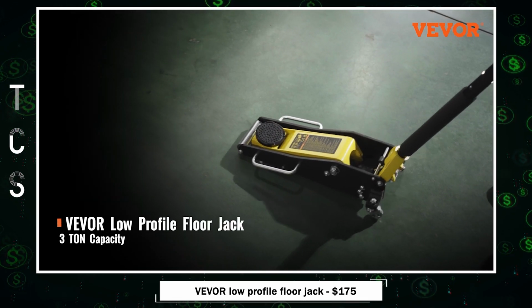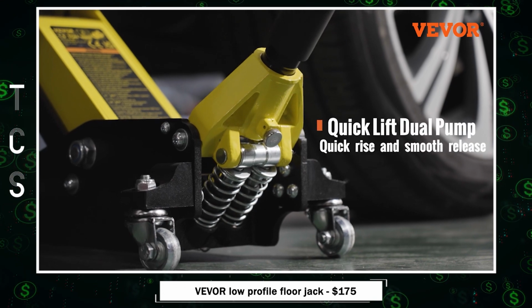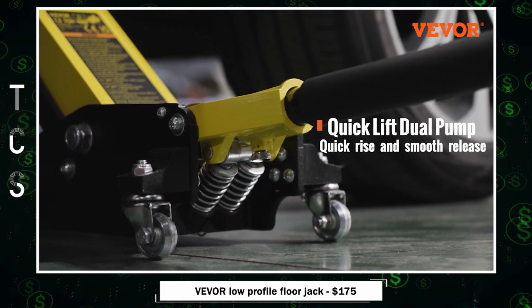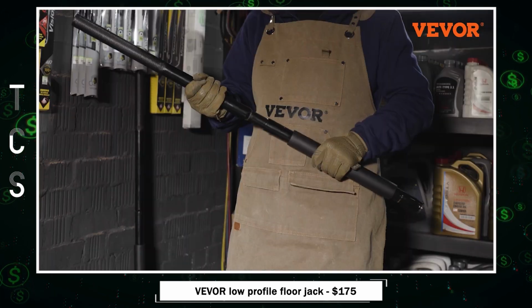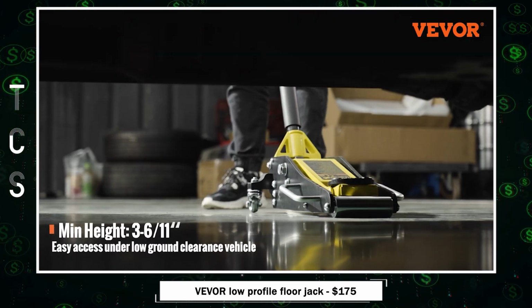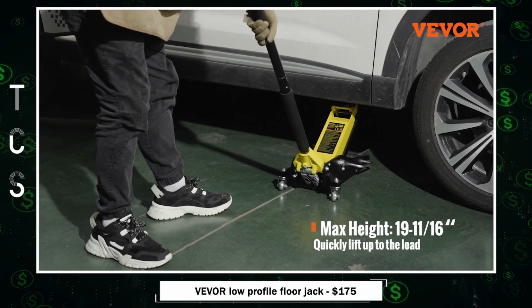Meet the VEVOR low-profile floor jack, your go-to for powerful lifting with a 3-ton capacity. Whether you're a professional, car enthusiast, or DIYer, it's perfect for tire changes, oil maintenance, or brake work. With a lifting range from 11 to 16, it suits various vehicles and speeds up the process with its dual